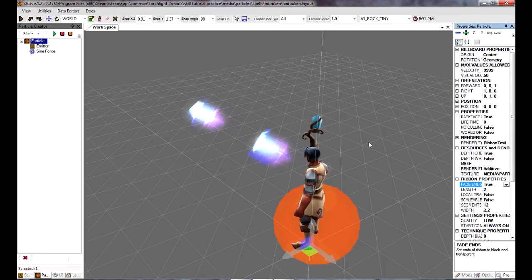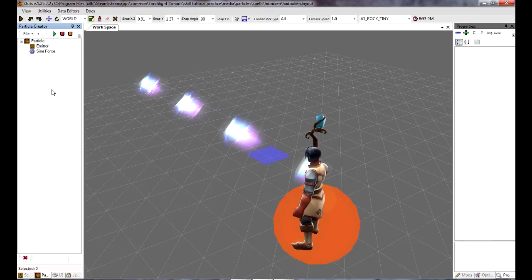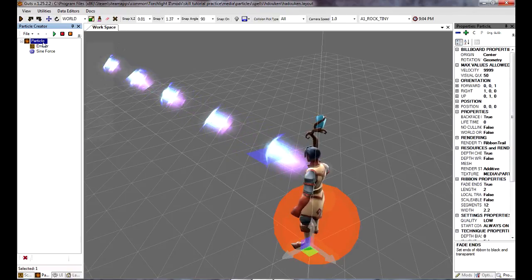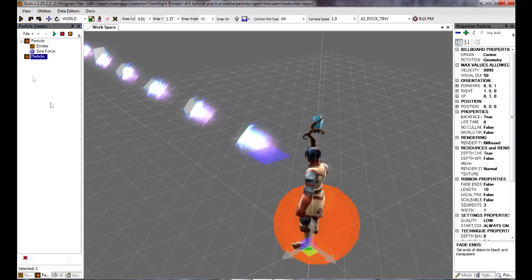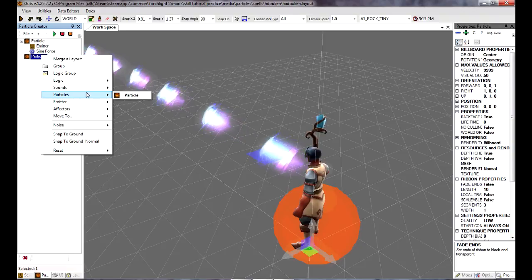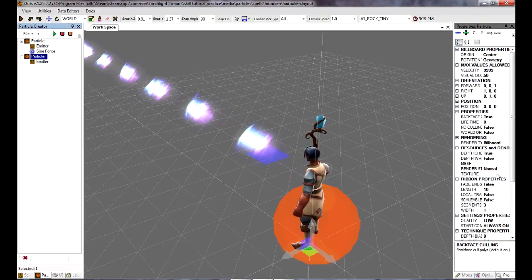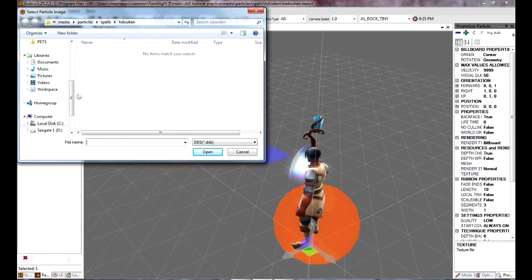Yeah, there's something like flashing and all that stuff. We're not gonna worry about that. We're kind of blocking the top so that we can't see the top part that well. So what we're gonna do is add another particle effect within our emitter, and then we're gonna leave this on billboard. Change the texture to